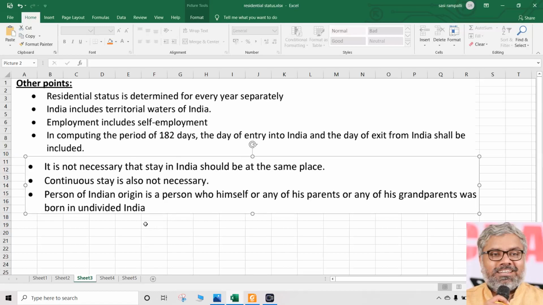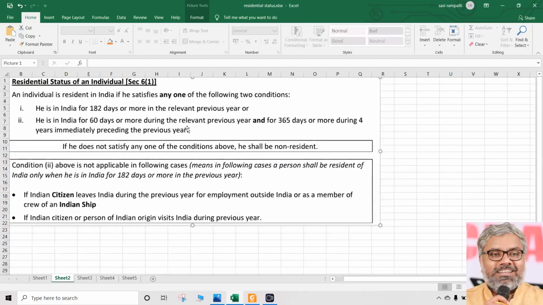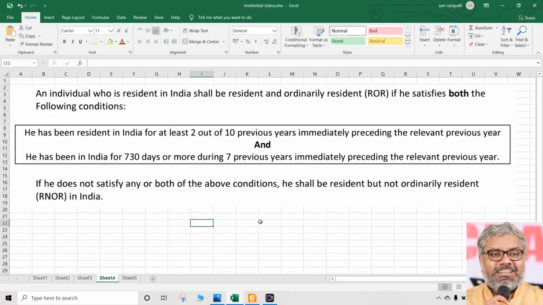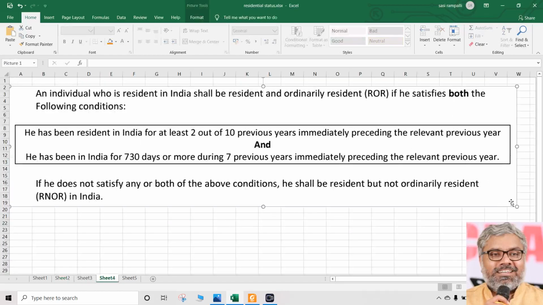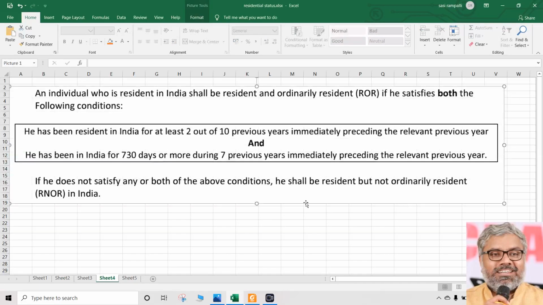But that is only checking basic conditions. From this, we can conclude whether a person is a resident or non-resident. That's all. But when we talk about individuals, that is not enough. We need to also check whether that person is ROR or RNOR. For that, we have to check additional conditions. And there are two ways of checking it. We can check it for RNOR, we can check it for ROR. Both we discussed earlier, but better is ROR since it is simpler.